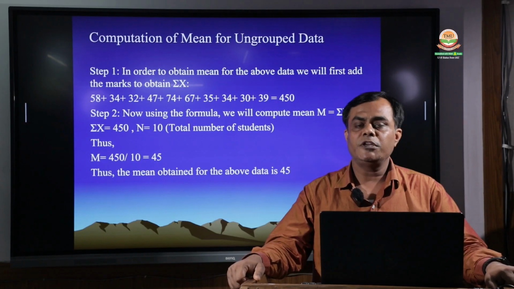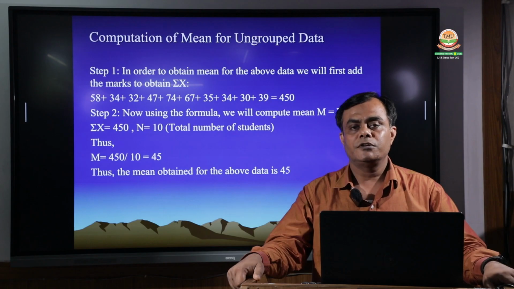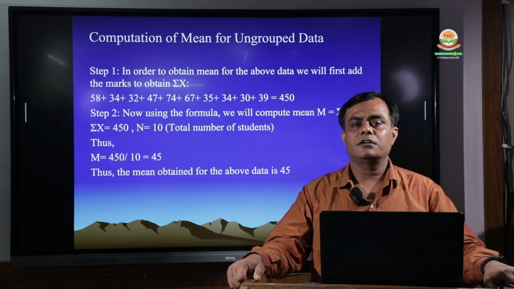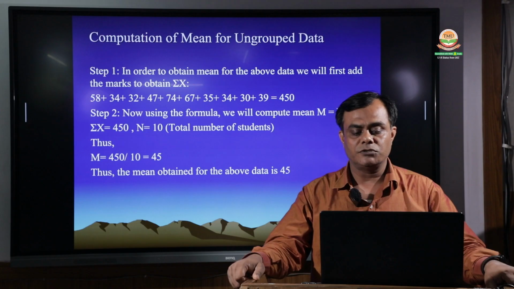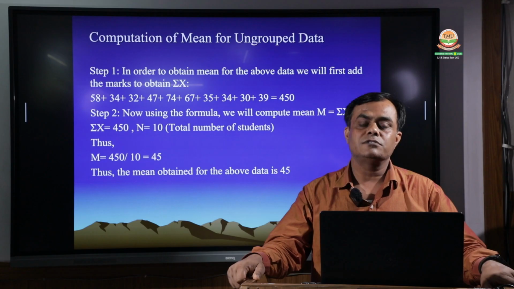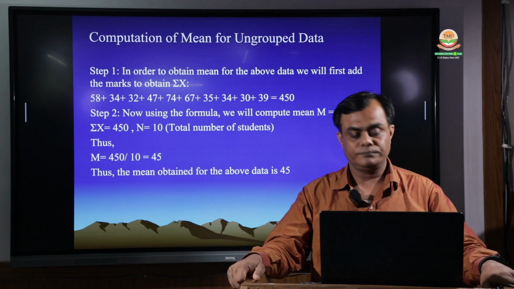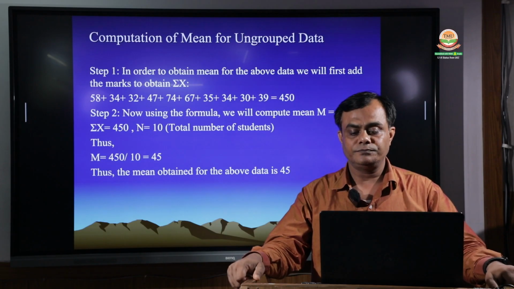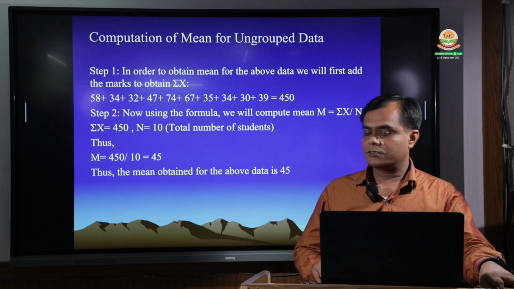So we can say that the 10 students are getting different marks from the psychological subject test, and the average marks they got through that examination is 45. Thus the mean obtained of the above data is 45. So we can say that the 10 students' average mark is 45. This way we can calculate the mean of ungrouped data. The next slide is